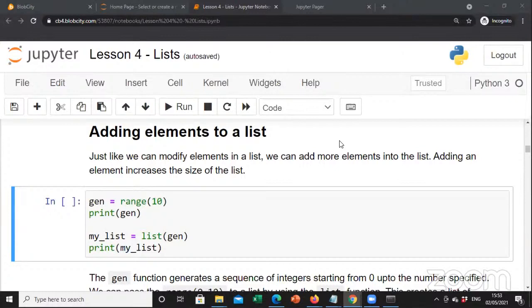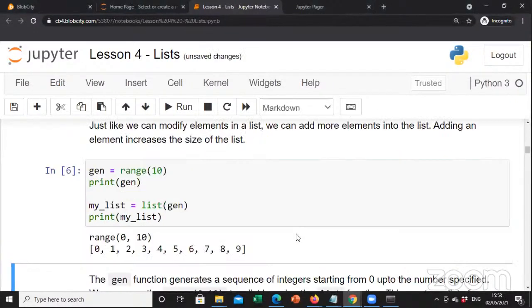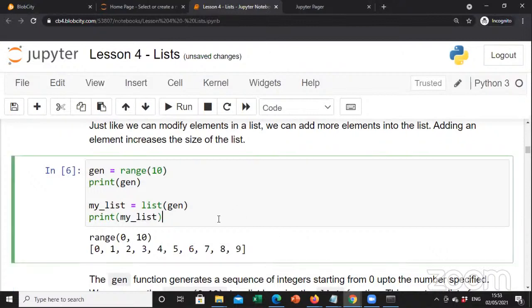That's correct. So I think somebody has already answered in the chat box, but that's fine. So let's go with this one. The range was actually 0 to 10. And then we have my_list, which is a list of gen. Whatever gen values you had, you converted into a list, and then you specified that as a print. So this my_list is a list which got derived from our gen variable,